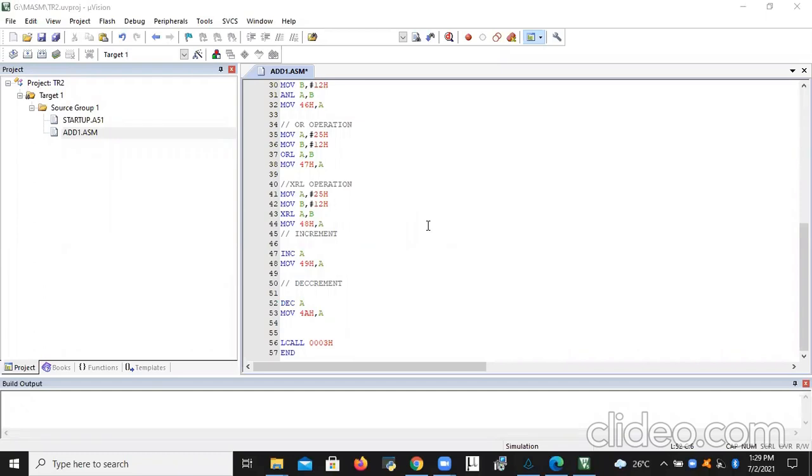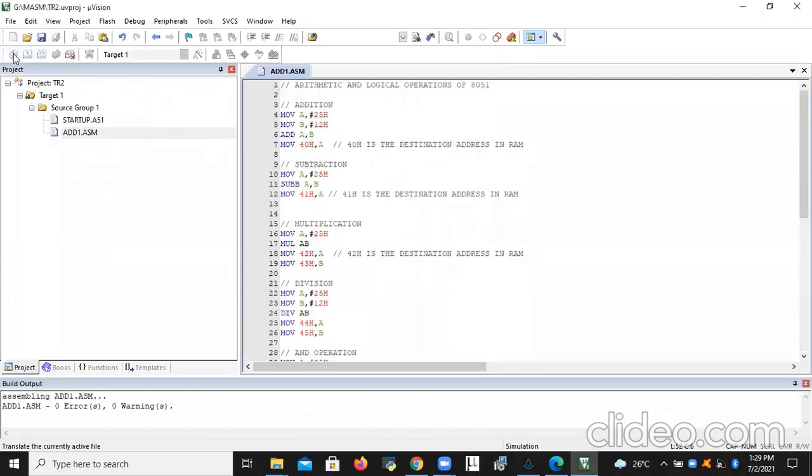Increment A is nothing but A value will be increased by 1. This is one experiment in your lab also. So in both the ways it is useful, right?